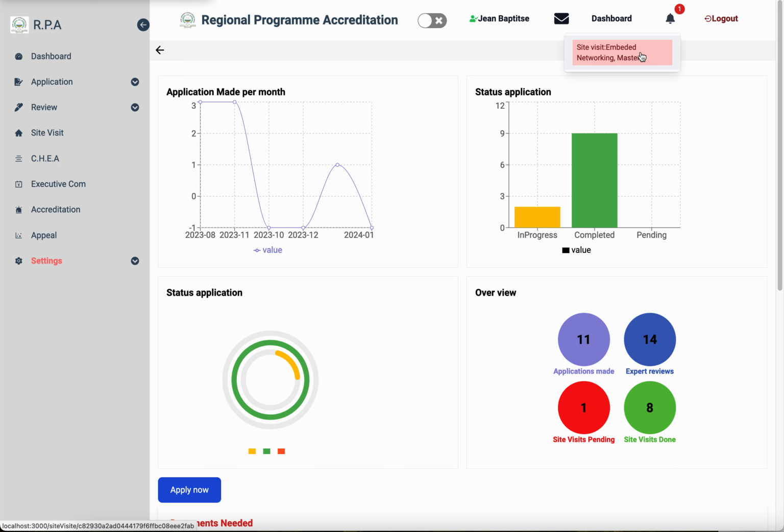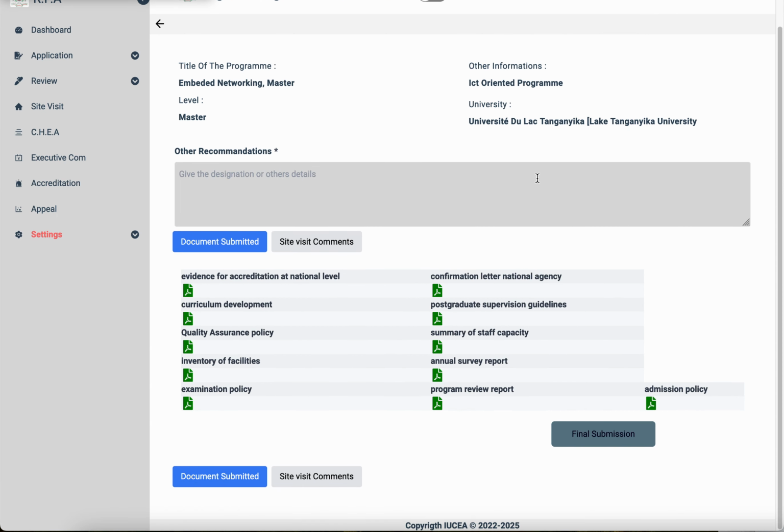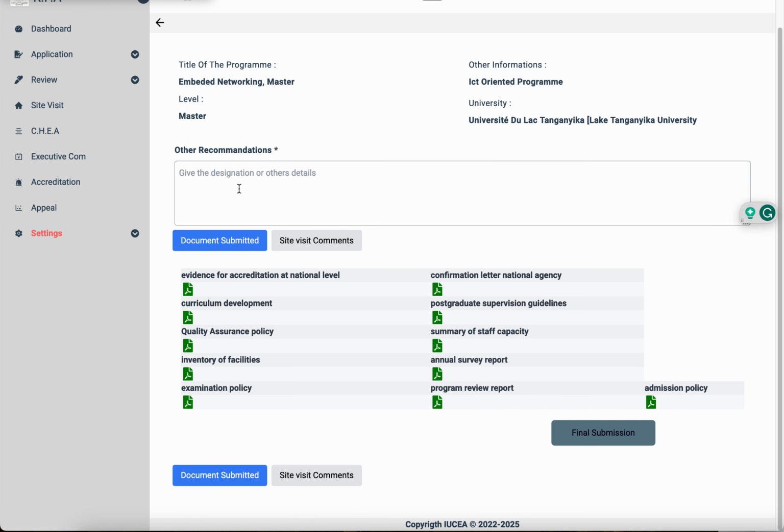Now it is like there is a group of experts who are on the ground. Now they have to provide a general overview of what has been done, or what was the condition of the facilities or other things on the ground for the university. Now he provides the overall comments like everything was